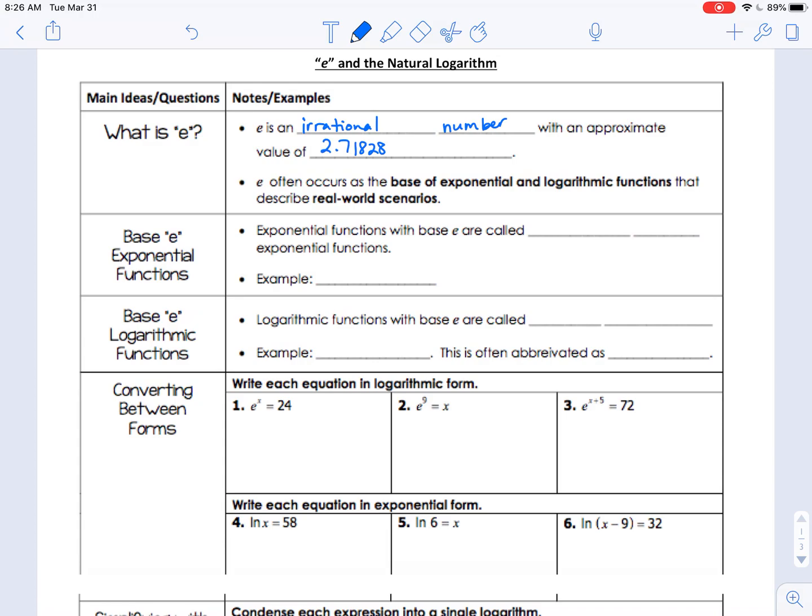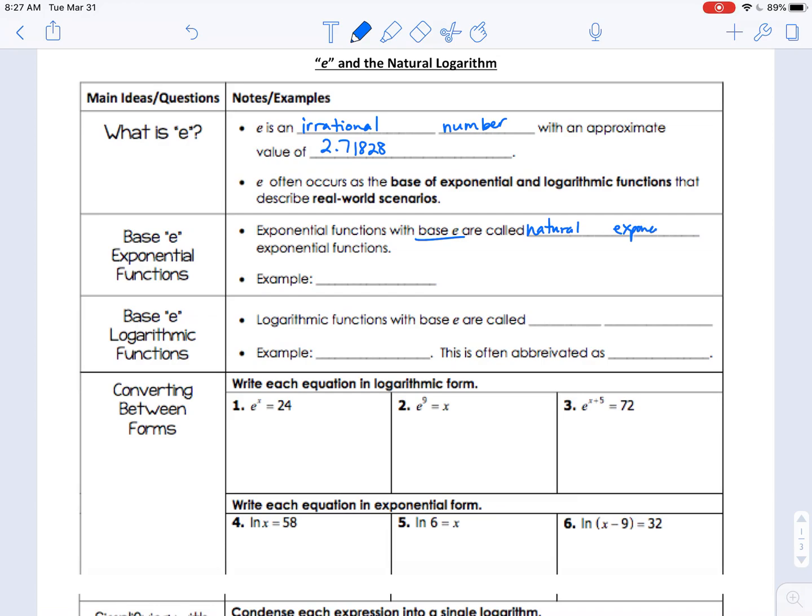E often occurs as the base of exponential and log functions that describe scenarios in nature. You'll see things like the spirals in a sunflower or in a rose, or the way that certain animals build their habitats. For whatever reason, e just shows up everywhere in nature. And we call these exponential functions with a base e